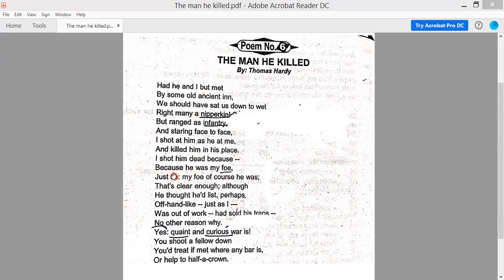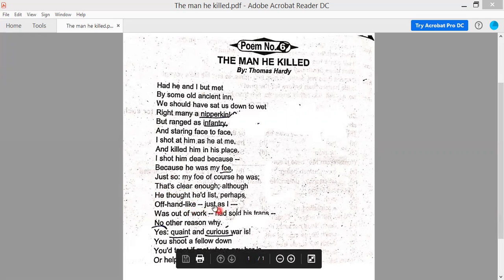So then again, he's almost trying to convince himself here, the narrator. Just so my foe, of course he was. He's saying I had to kill him because if I wouldn't have killed him, he would have killed me. However, the contemplation begins over here. Now the poet is sort of thinking that that's clear enough, although he thought he'd list it perhaps offhand,